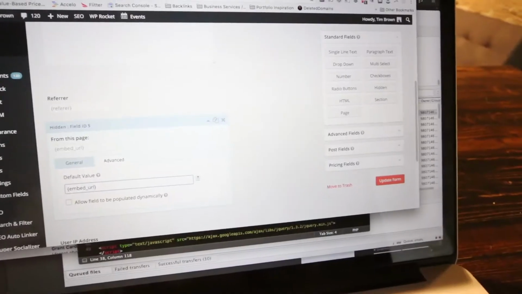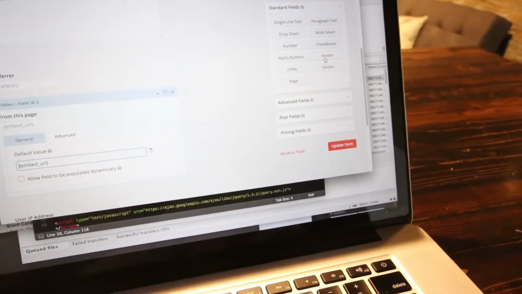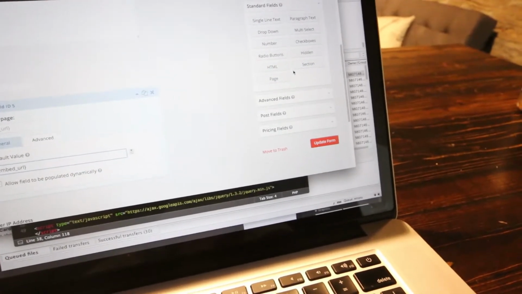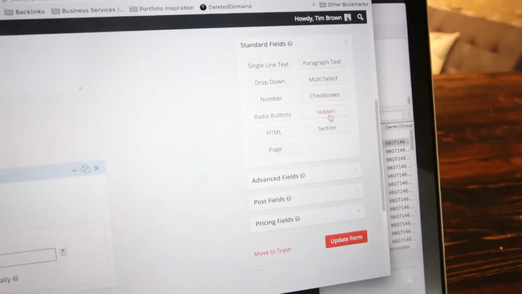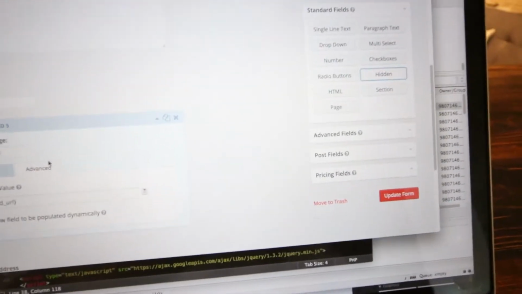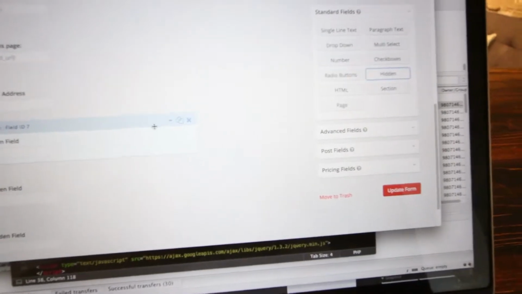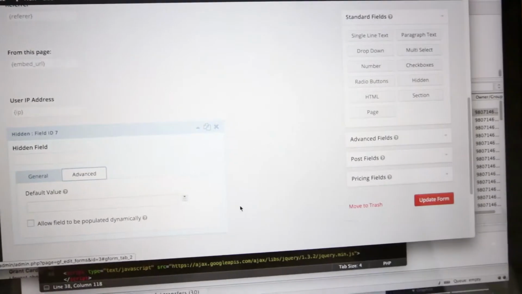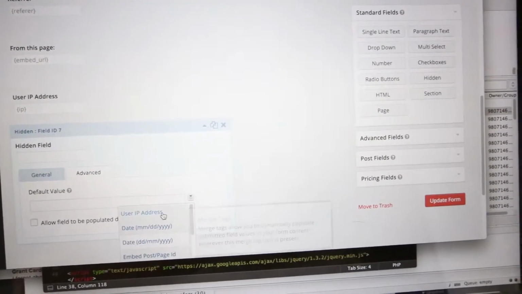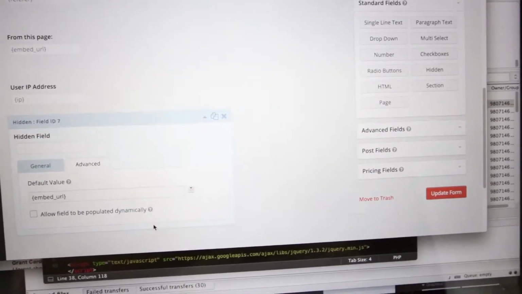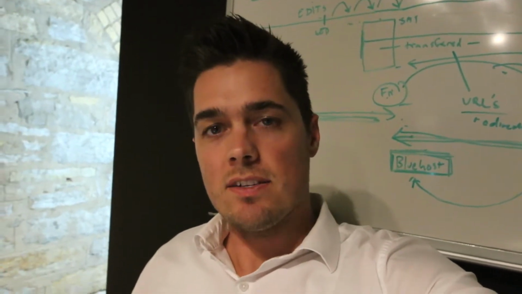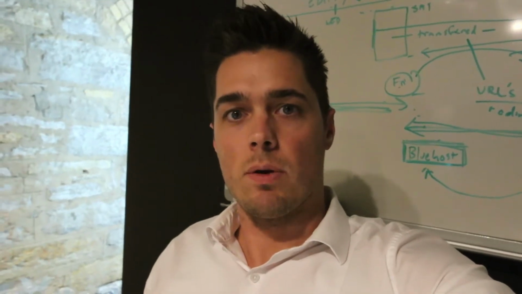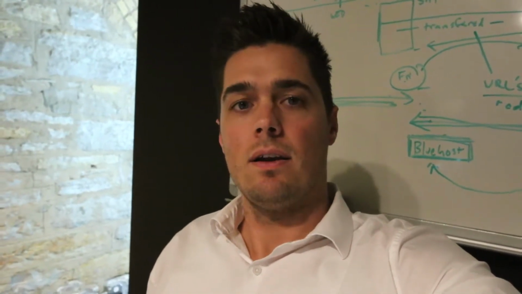Thirdly, I want as many ways to get attribution as possible. So I use a hidden field on my contact form, and for me that's Gravity Forms in WordPress. I press hidden, and then I actually go to advanced. I'm just testing this out and showing you. I go to advanced, and then I use this little thing, and I do the Embed URL, which right away when somebody submits a contact form, I get the page